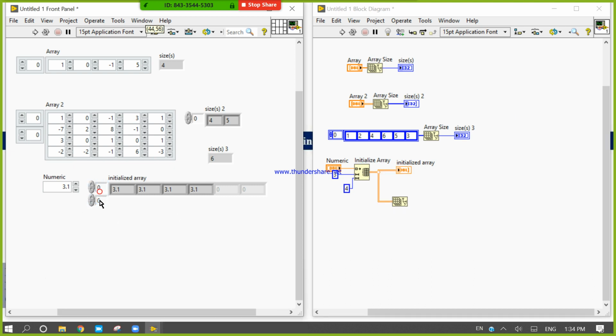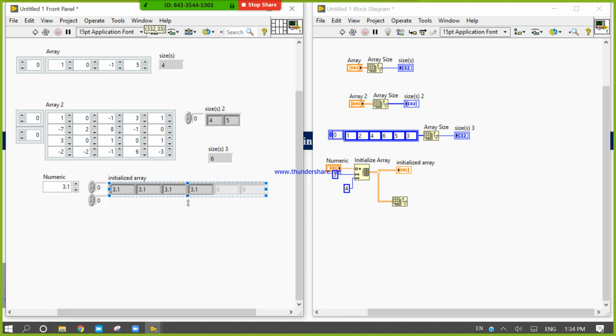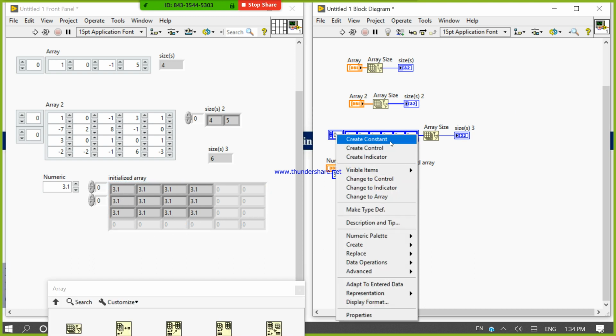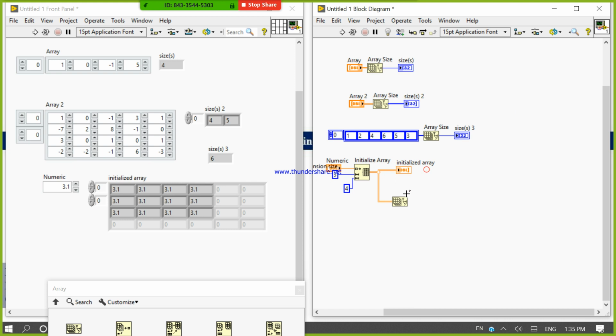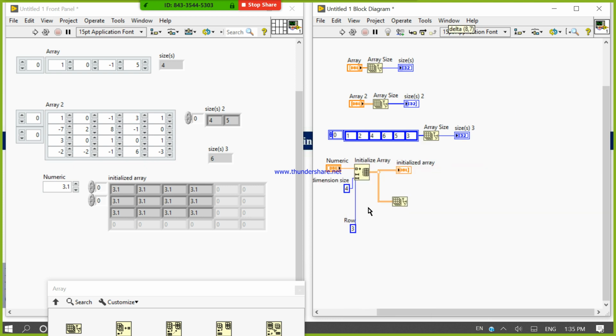So let's check. This 3 cross 4: the upper one is for the row, and this one, the lowest one, is for the column.